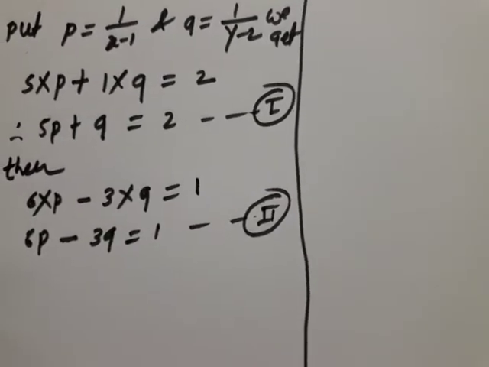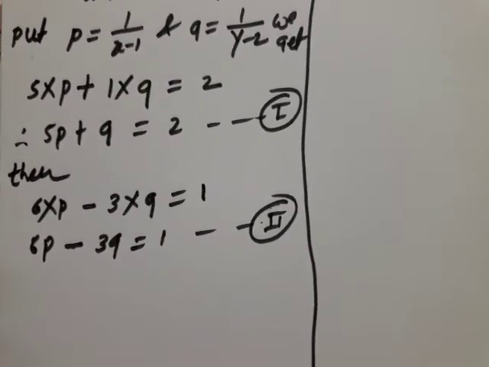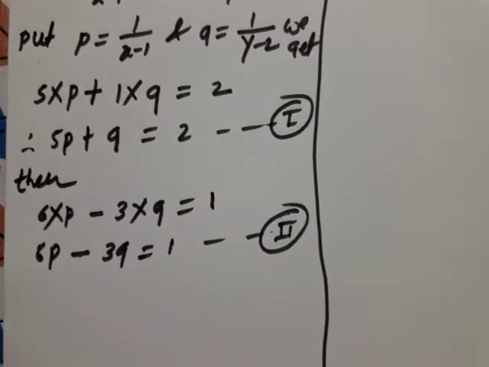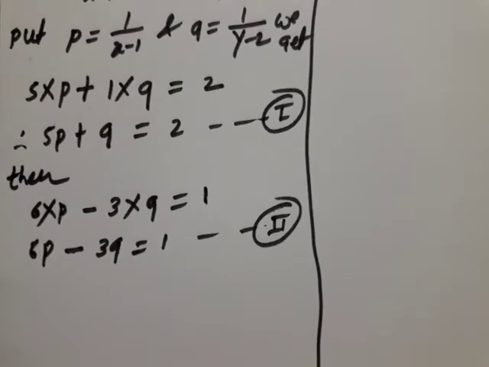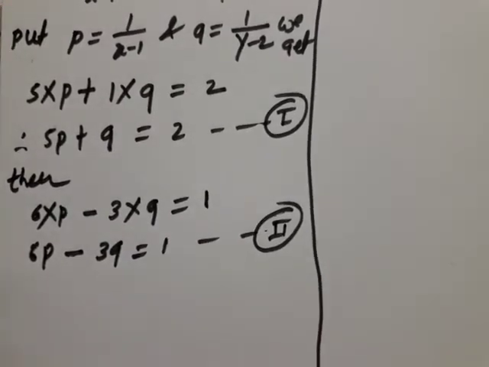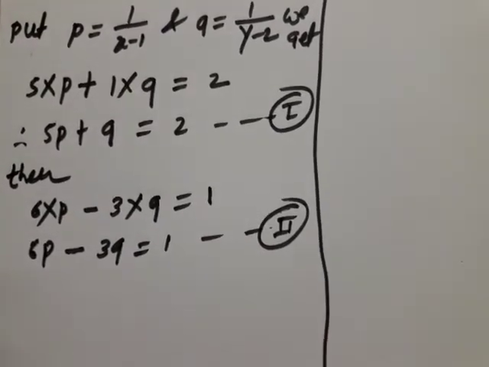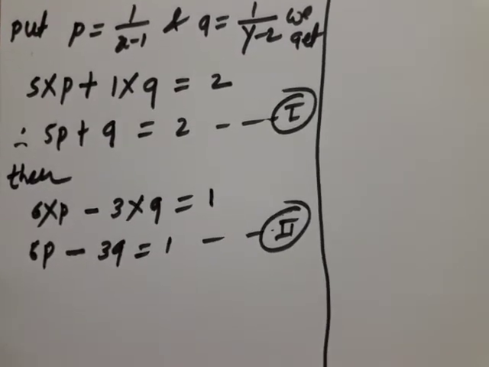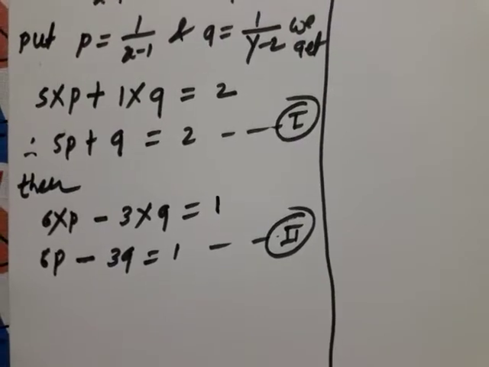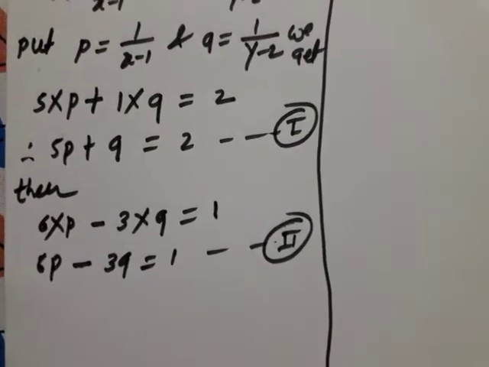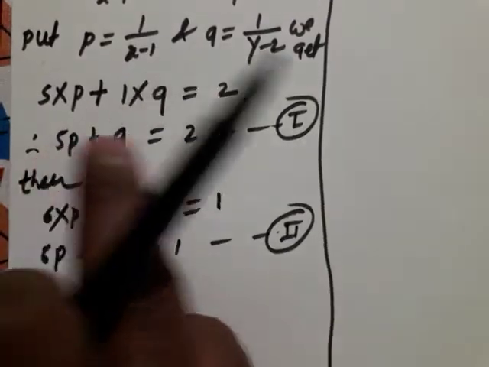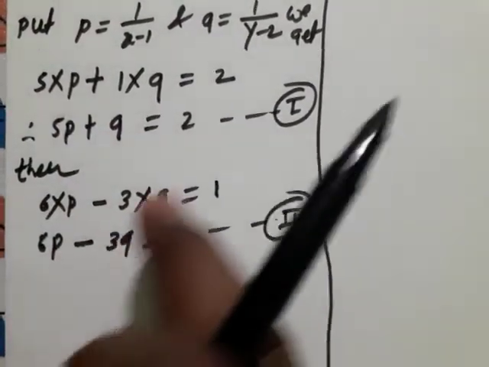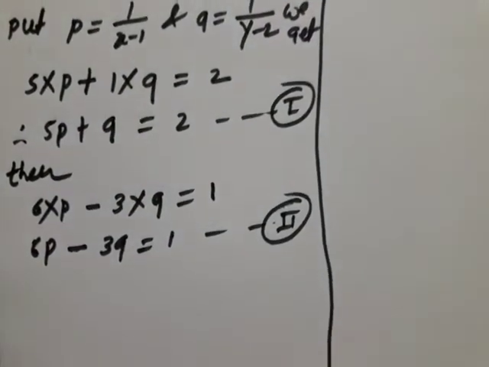Now we are having three options: substitution, elimination, and cross multiplication. Elimination method is simple for us. In the last video, the example which we solved, we used only the elimination method. Eliminate means we have to eliminate one or the other variable. How to eliminate? By equating coefficients. By equating coefficients means what? We have to make equal coefficients of any one variable. You can select any one variable, means here there are two variables, p and q. You can make the coefficient of p equal or the coefficient of q equal, whichever is simple to us.